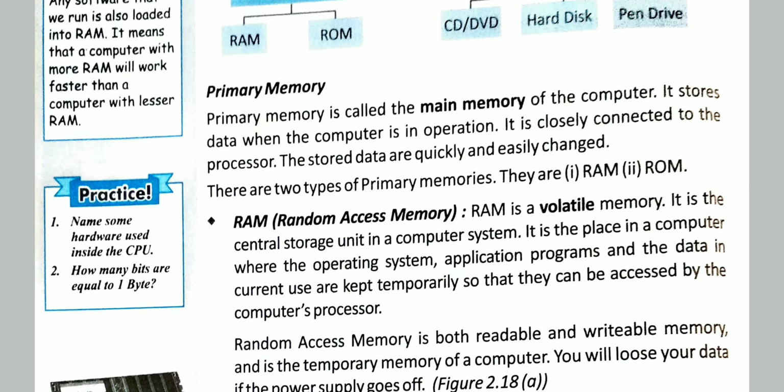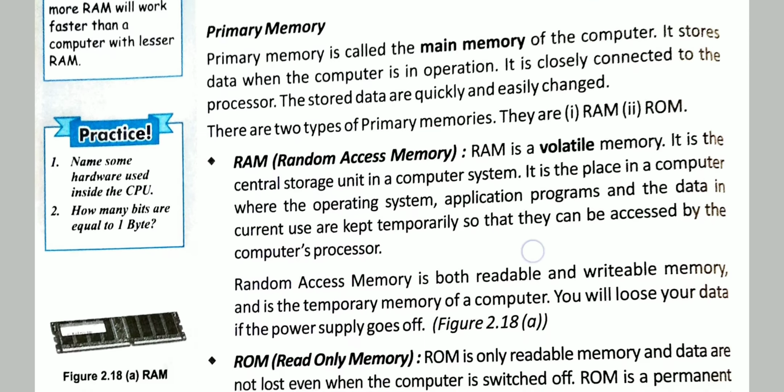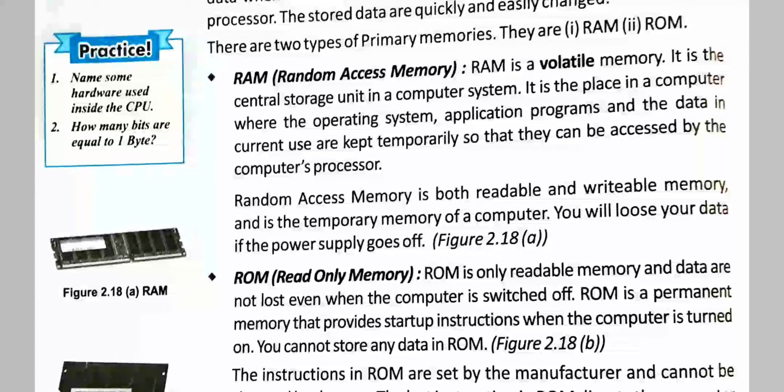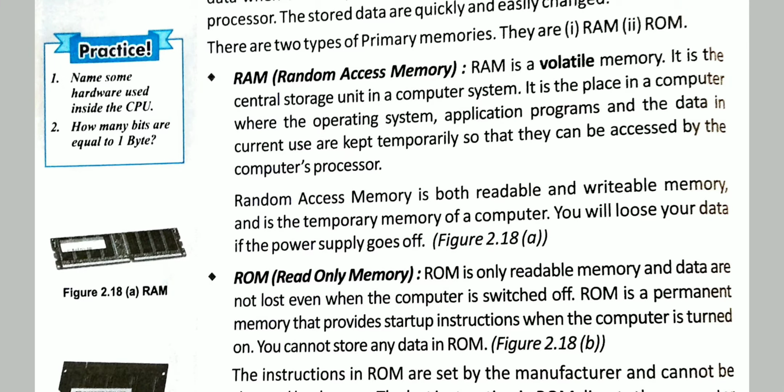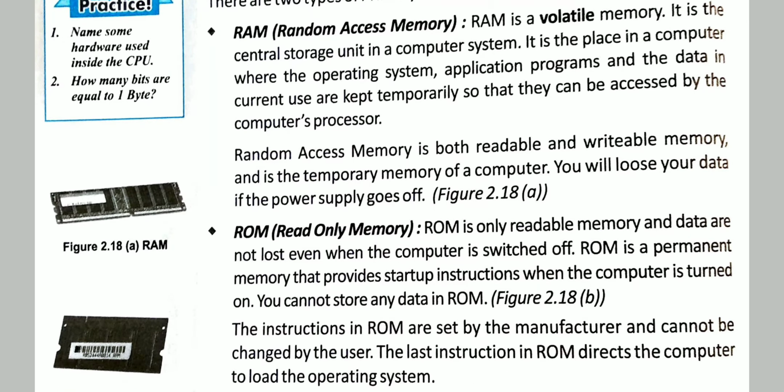There are two types of primary memory, that is RAM and ROM. We already know that RAM is volatile. Volatile is just temporary. That is random access memory. It is a central storage unit of a computer. The place in a computer where the operating system, application programs, and the data in current use are kept